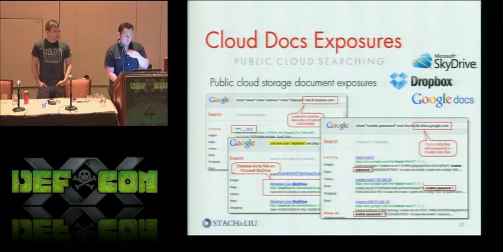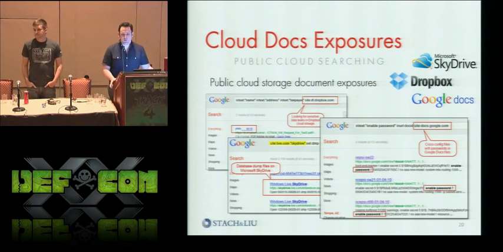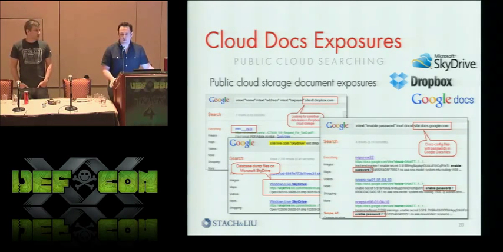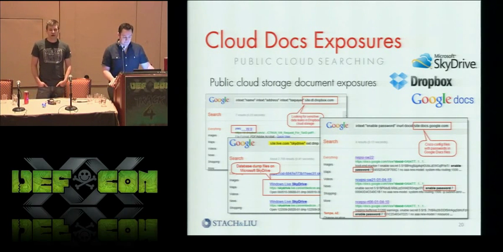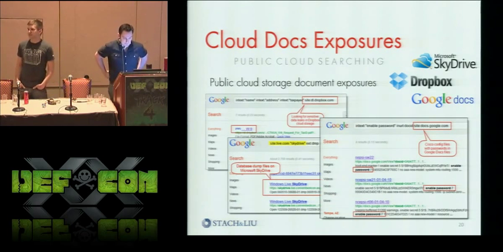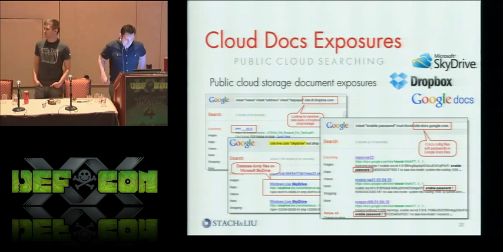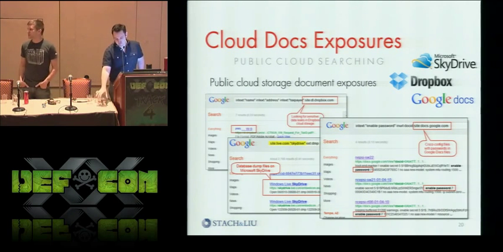Also, some of the more interesting ones: individuals are starting to move over to Dropbox and Google Drive and Microsoft SkyDrive and a number of other cloud-based storage, especially as people get iPads and iPhones and want to easily hook that up with their cloud storage. Employees are putting confidential financial information in spreadsheets up on their Dropbox and not realizing that Google may be indexing that. Or I see more and more people using Google Docs for managing sensitive information, not realizing